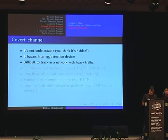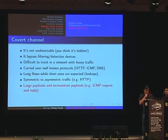Now, covert channel. I've explained about this. The purpose of the covert channel is for the attacker to hide the tracks and also to bypass filtering or detection devices. If your network is very, very heavy, then it's very, very difficult to track. Okay, it's carried over well-known protocols, and there are long flows and there are short flows. For example, in DNS lookups in the covert channel, it goes through symmetric and asymmetric traffic. For example, HTTP, and you may notice inconsistent payloads. For example,